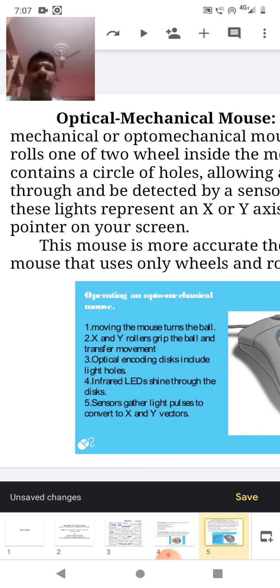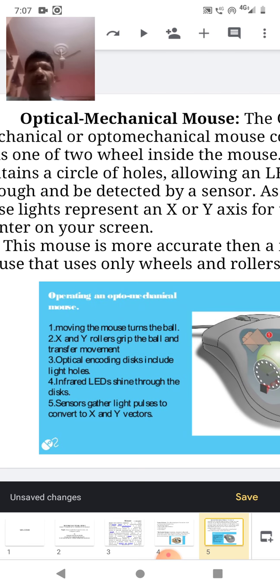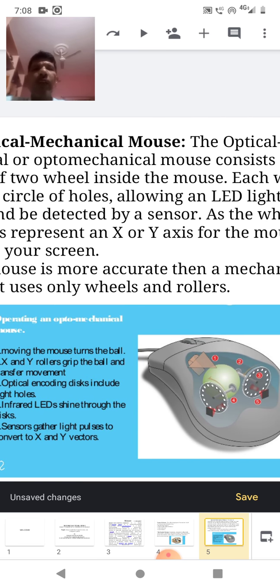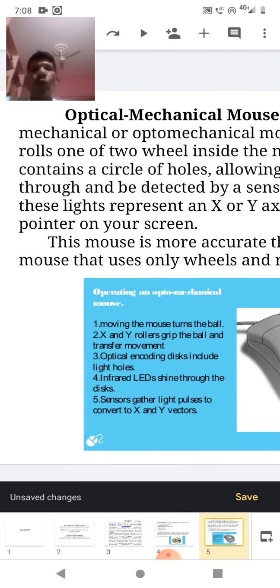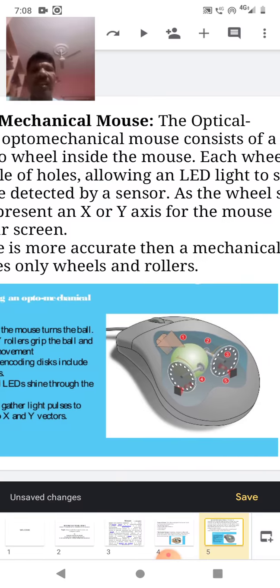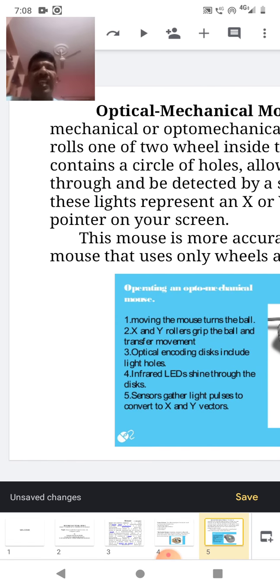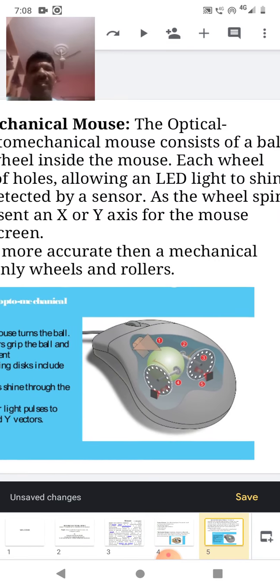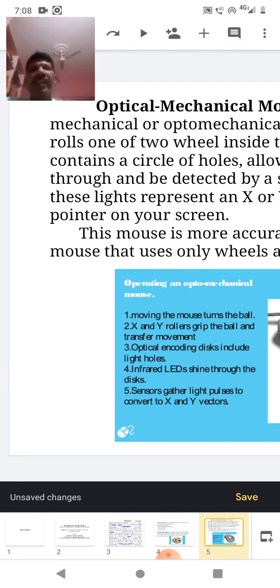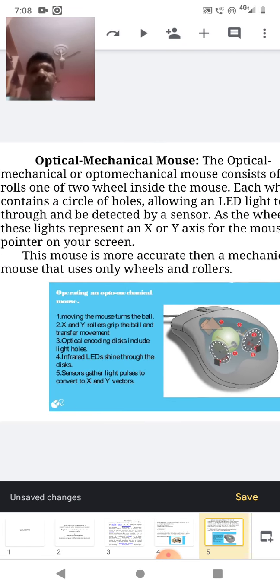Each wheel contains a circle of holes, allowing an LED light to shine through and be detected by a sensor. As the wheel spins, these lights represent the X or Y axis for the mouse pointer on your screen.